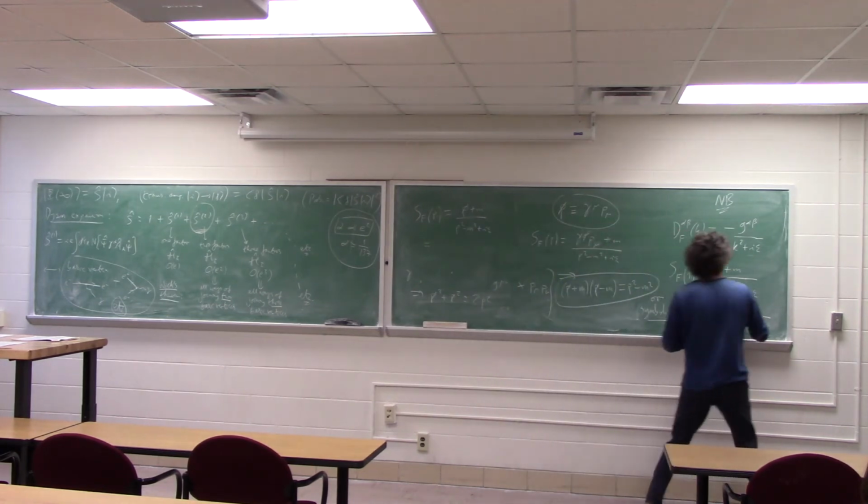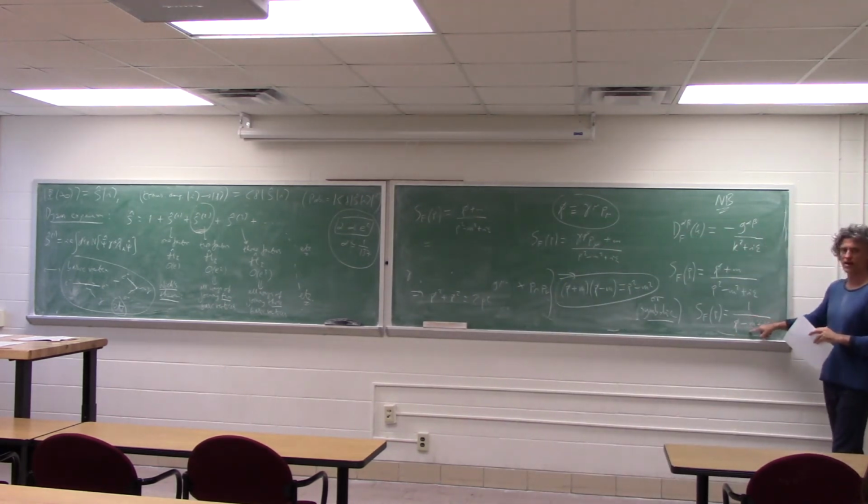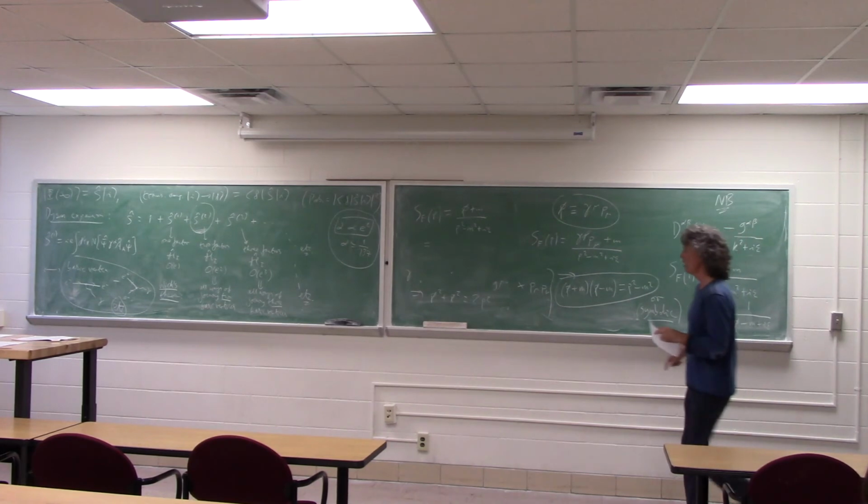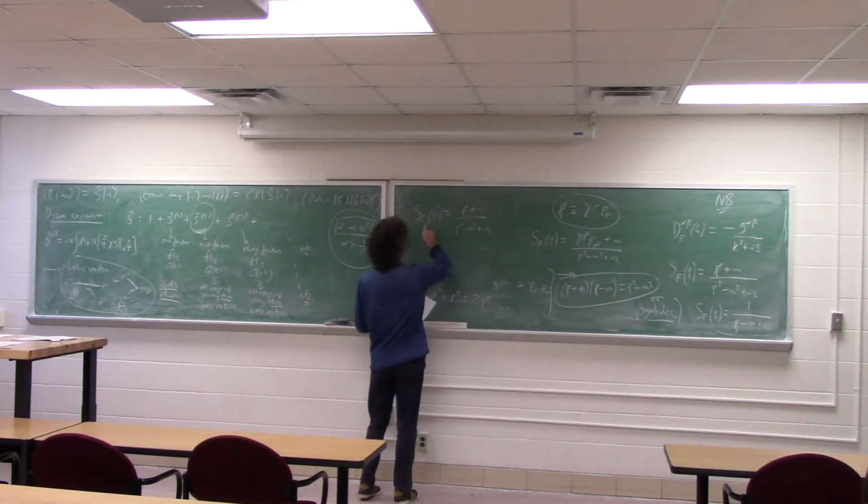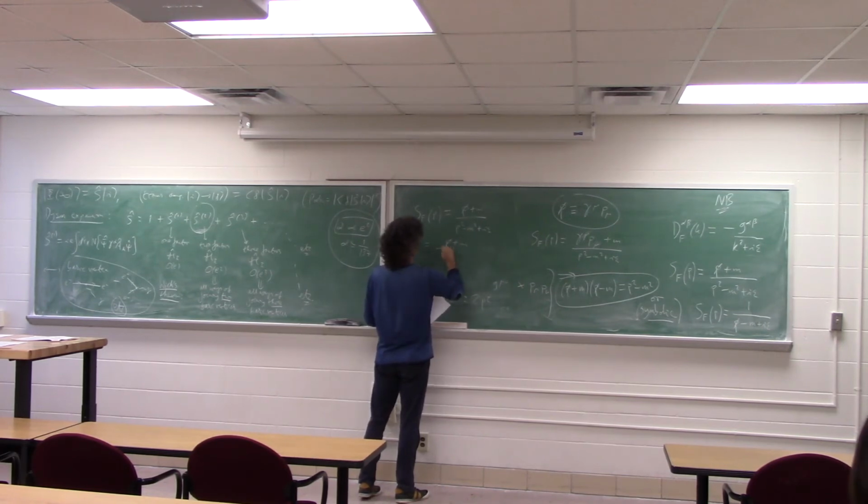So what on earth does this mean? This is 1 over a 4 by 4 matrix. Here I've got the fermion propagator, a 4 by 4 matrix, and this is a number. What I can do symbolically is, well, p squared minus m squared is a number, which is in fact equal to